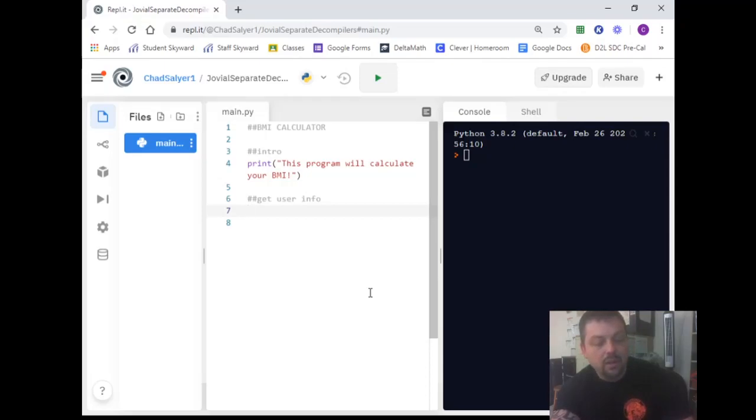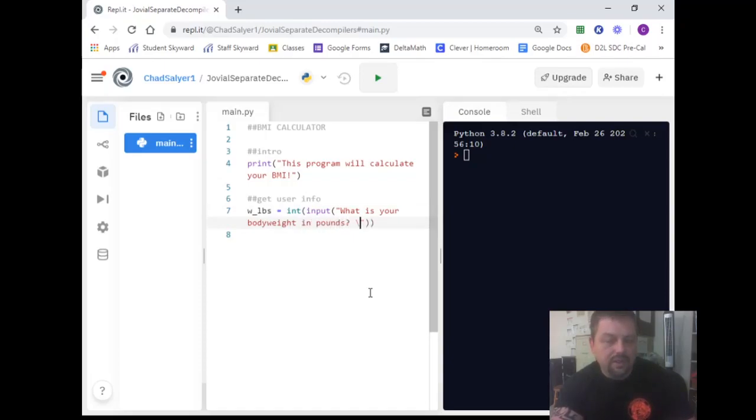So I'm going to take a variable, and I'll call it w_lbs, and that'll be the weight in pounds. And I'm going to have Python call for user input, and the prompt is going to be what is your body weight in pounds?